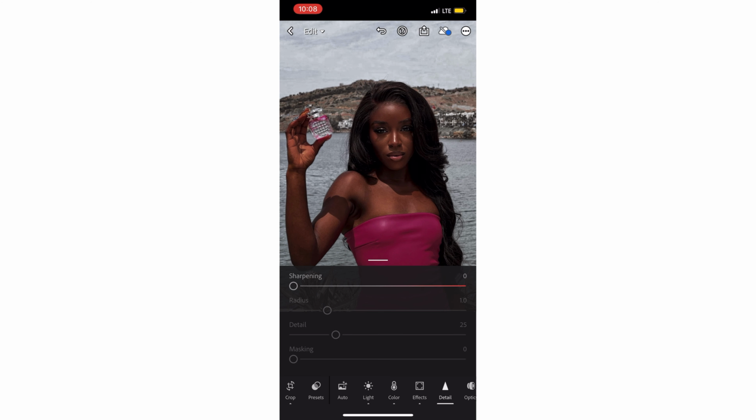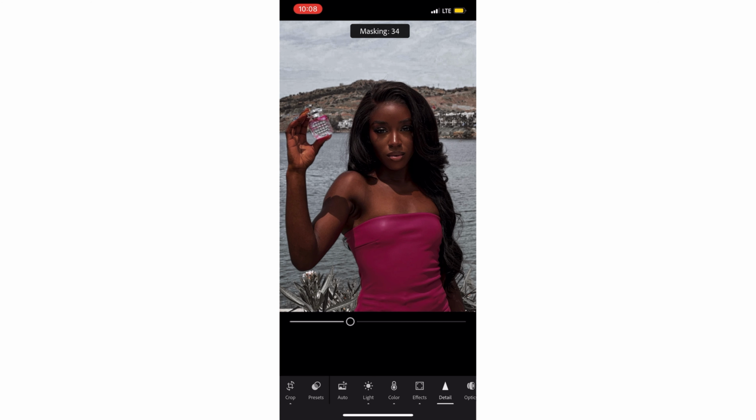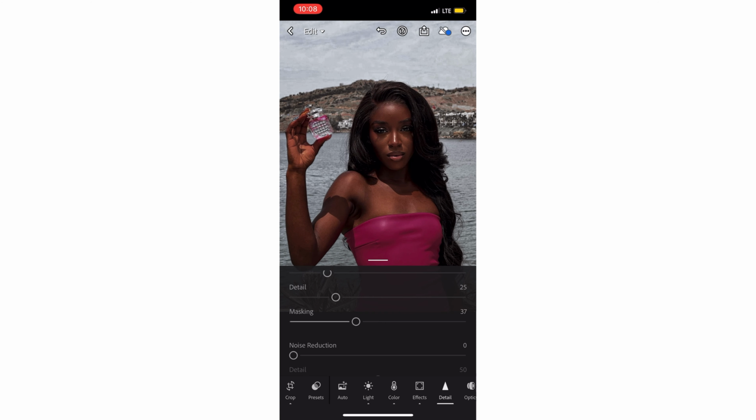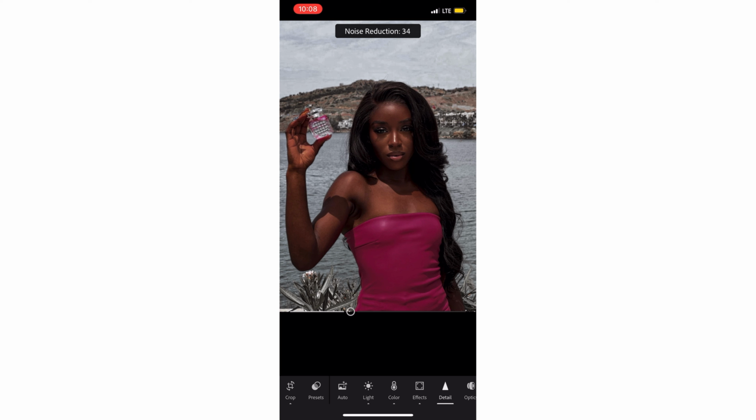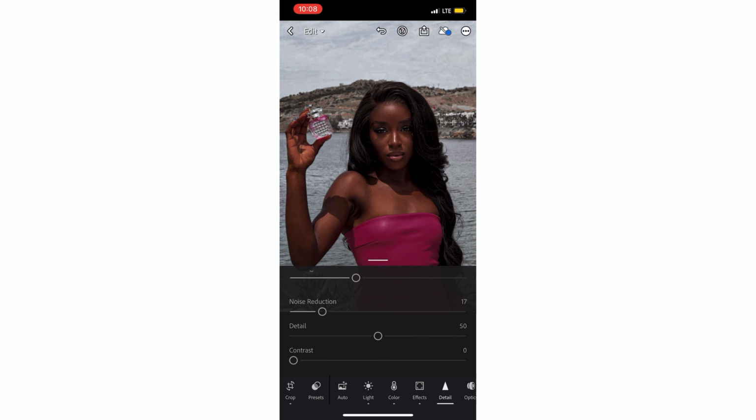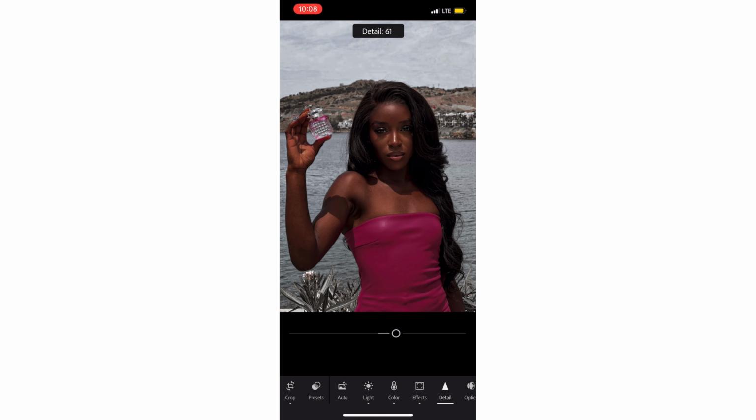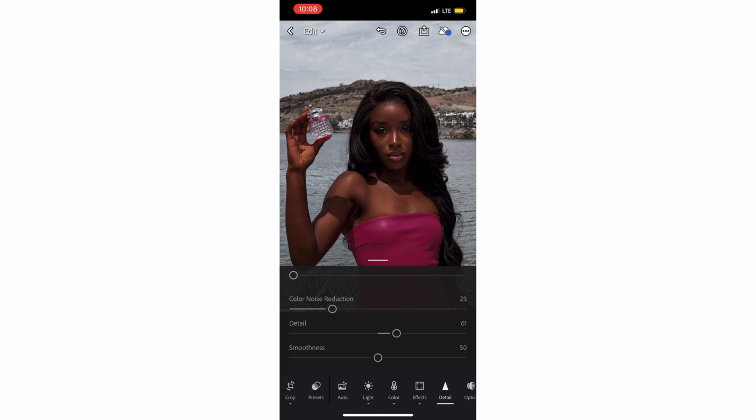So we move over to detail and we sharpen the picture. We increase masking. I don't know what masking does honestly, but I usually use that. And then we go to noise reduction and we reduce the noise. Color reduction as well, we reduce the noise, and our picture is getting really smooth and we are almost there. You increase the detail and then you increase the smoothness as well to just a little bit. You don't want to go all that way, so your picture will not look original. So that's what I did,